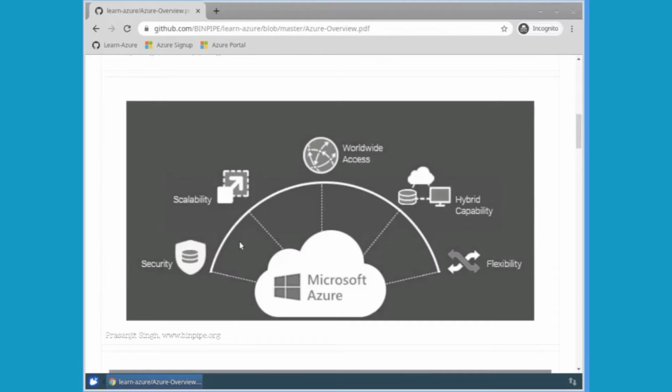So let me explain what Azure is. Now, there are multiple public cloud platforms. You might have heard of Amazon Web Services. You might have heard of Google Cloud Platform. And finally, this is Microsoft Azure that we are learning today. So Microsoft Azure is just another public cloud platform which